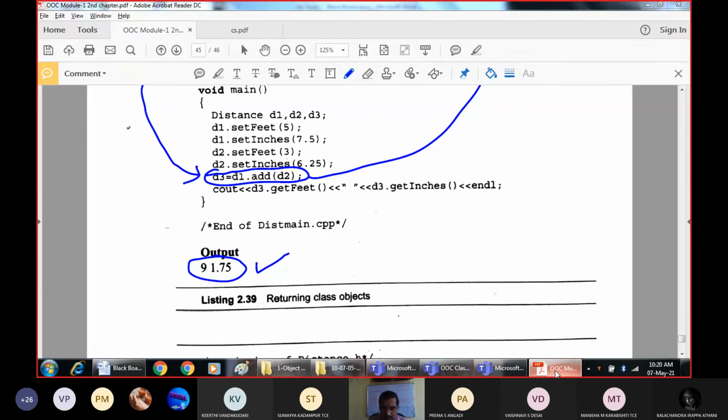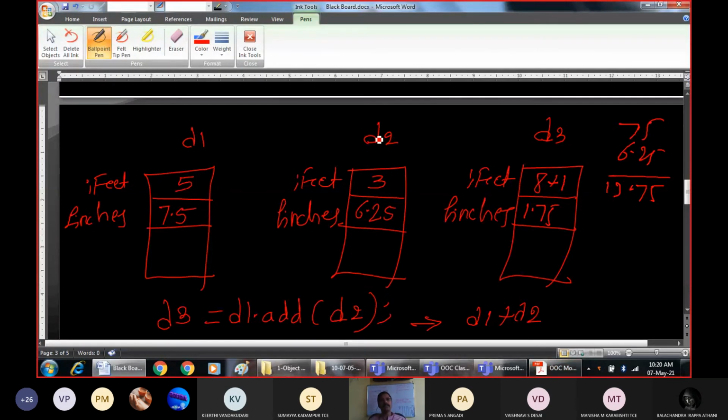So why does it become 9 feet? Even though the feet value is 5 and 3 here, the inches are exceeding 12. When the inches exceed 12, you have to subtract 12. How much do we get? 1.75 is the inches. So the inches will be 1.75 for the D3 object and feet will be 9.